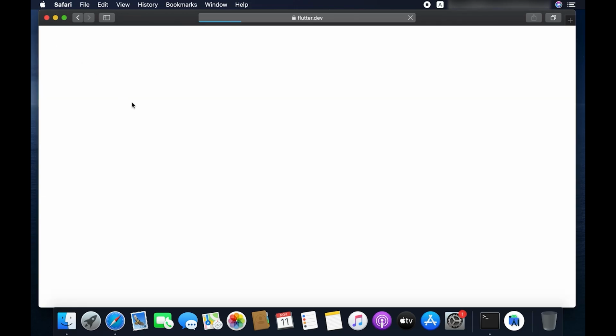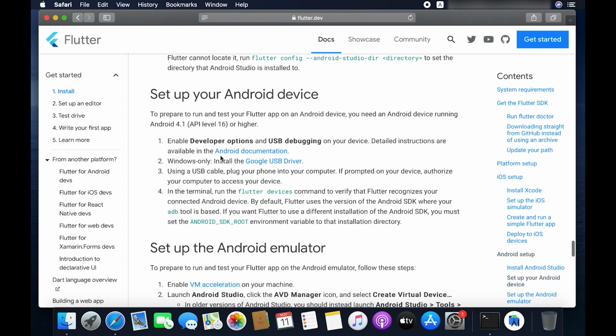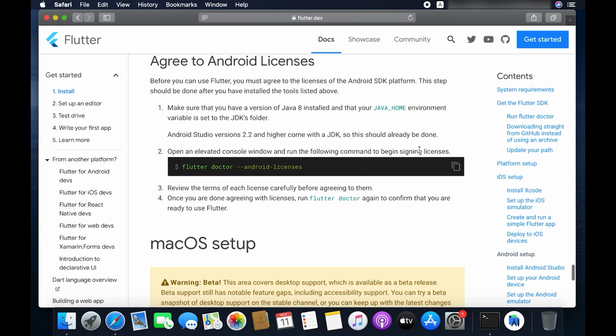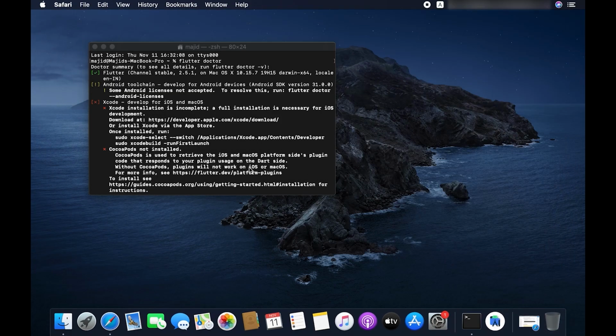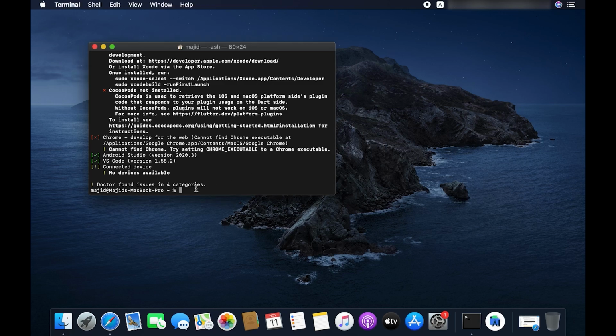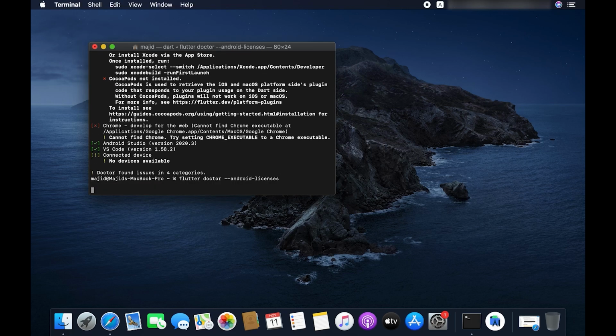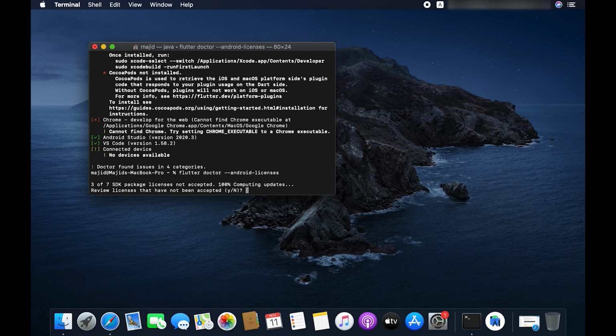So I'll quickly go to flutter.dev and here I'll copy the license code, paste it right now, and accept all the licenses in order to see if the issue is fixed or not.